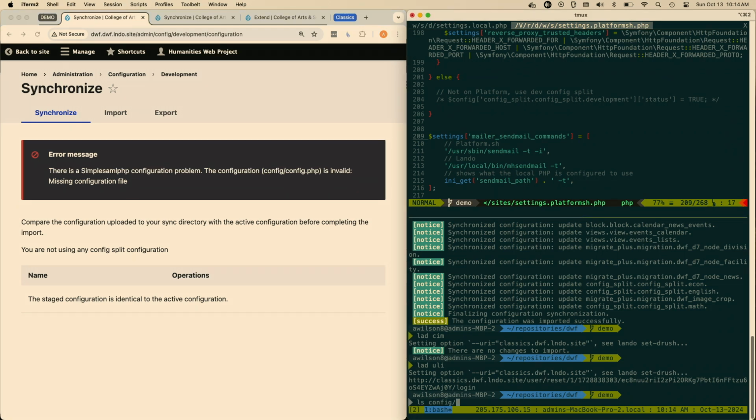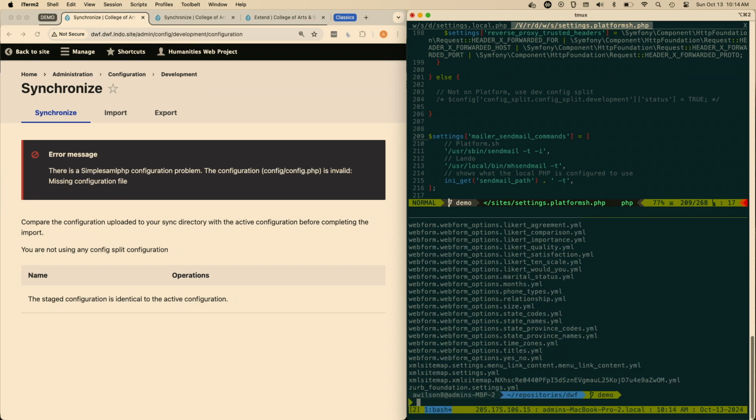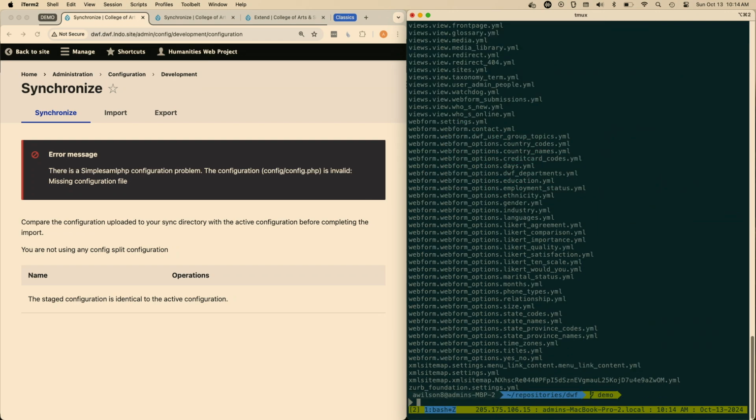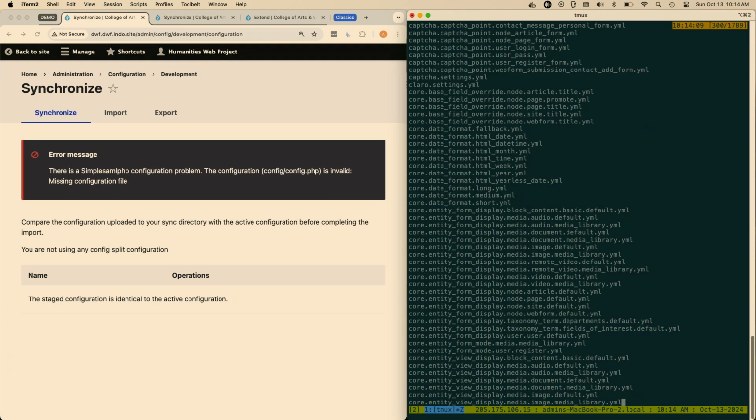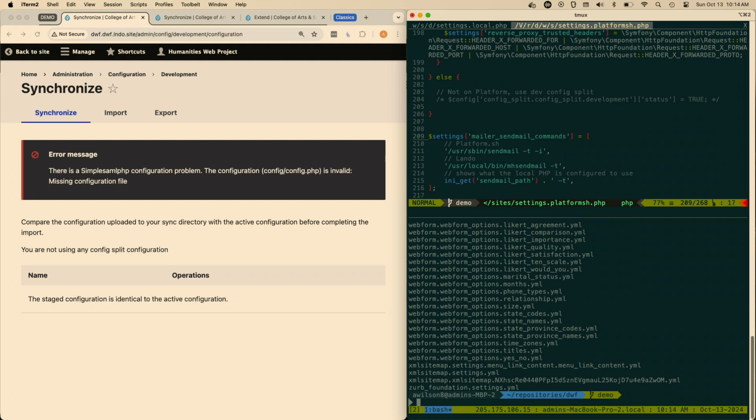I'm in config for this site. It's in config. There's a ton of stuff, right? Lots of files. That's great. If we make a change to our